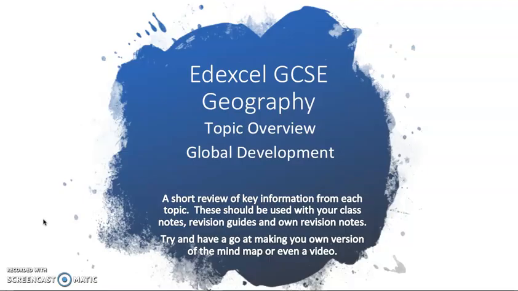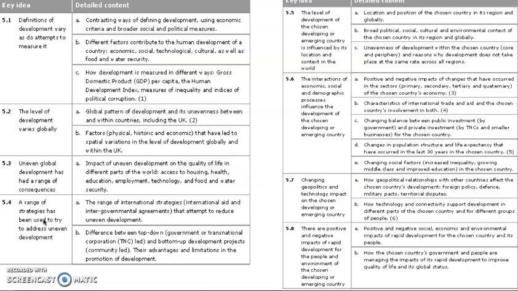Now, as always, we start off by looking at the specification from the exam board. We can see there are two main sections here. First of all, there is the overview of global development and what the key terms are, some of the problems and what's been done about them. And then we look at our case study of an emerging country, and we're going to be looking at India